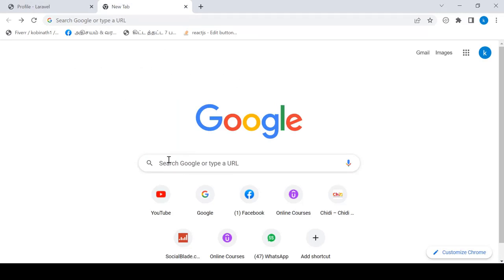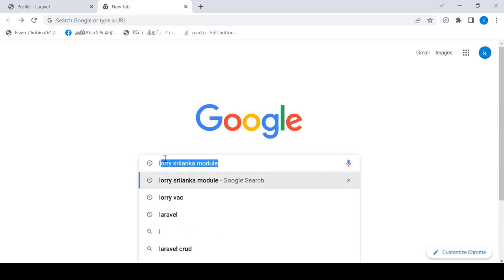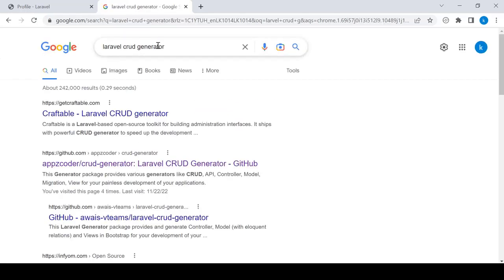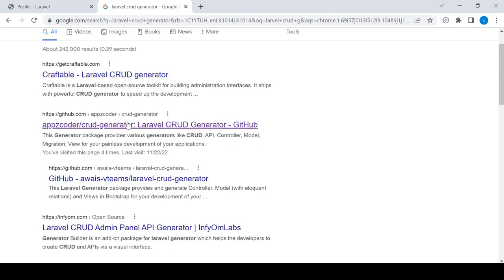So let's go to Google and simply type Laravel CRUD generator. Here this one. Now you can see the second link, appzcoder. This tool is given by GitHub. So here this tool, appzcoder. If you click on this one,